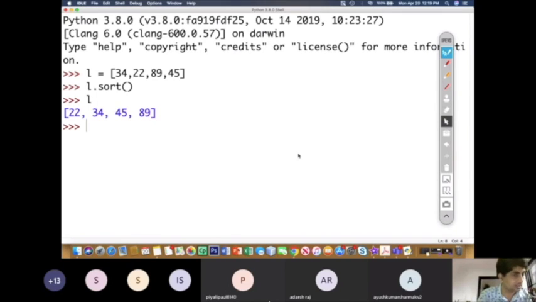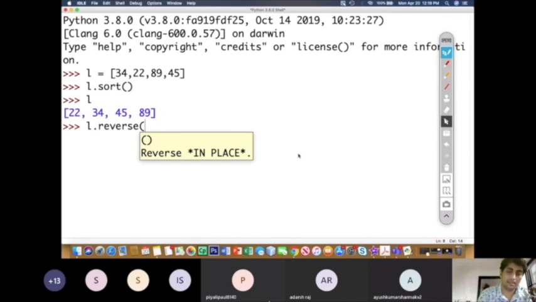So there is a function called reverse function. We can apply reverse function over it so that we can reverse the value and we get a descending order list, right? A list having not the ascending order of the values but the descending order of the values. So L dot reverse. I want to reverse this L. So L dot reverse, right?